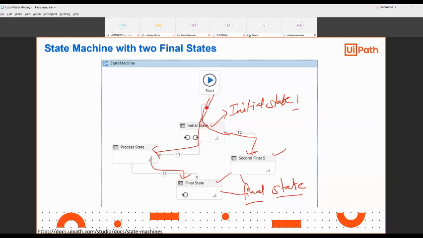And only one will be executed, not both, either this part or this part, according to the requirement.